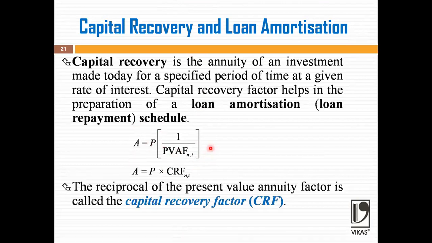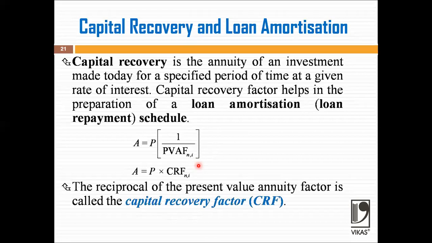This is the formula. Right, we will continue that. So capital recovery is the annuity of an investment made today for a specified period of time at a given rate of interest. Here there are two things. The first is the specified period of time, and the second is the rate of interest. So those two things determine the amount of